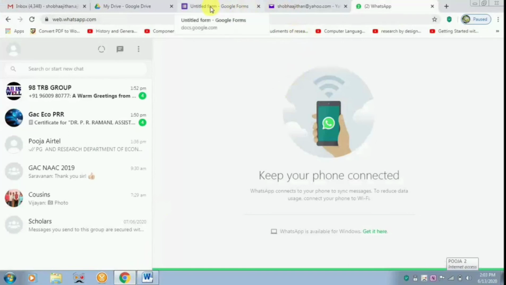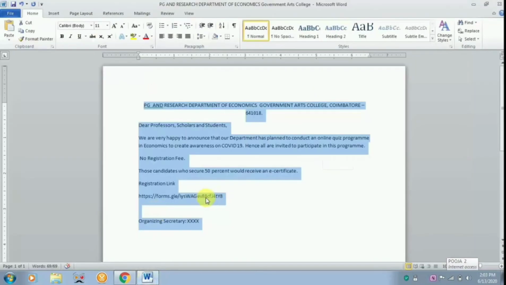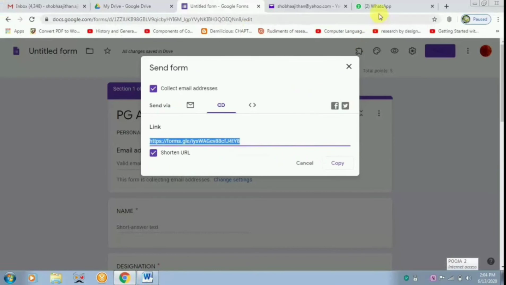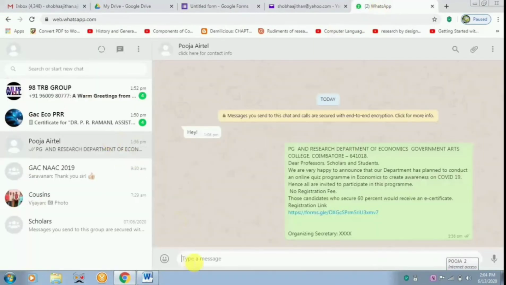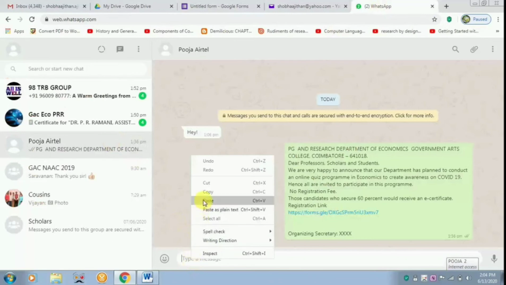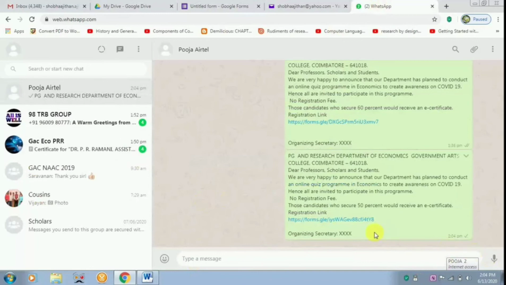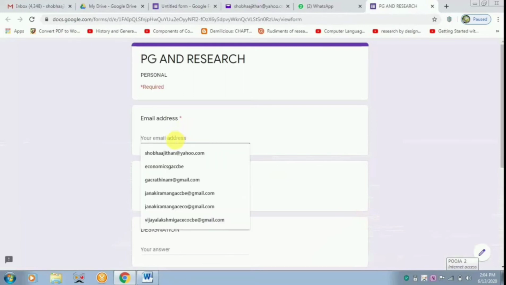One minute, I'll get back. So you're copying this and you're pasting it over here. And then now you're going to your WhatsApp. Here I am sending it to my daughter. So I am pasting it and I am sending it to her. Now I can fill the form over here. Now I'll attempt the quiz. Say first is